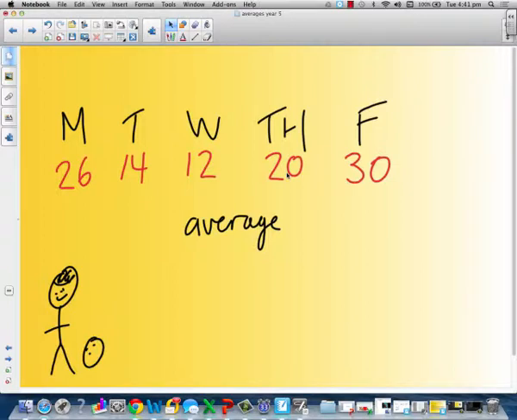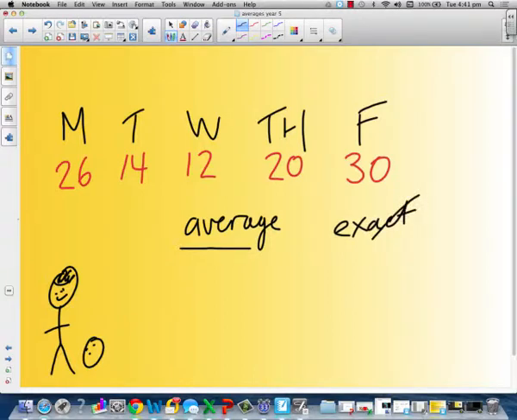And by average, of course, I don't mean the exact score. We're not talking about the exact score he got per night. We've already got that. What we're looking at is the average score. So if you were going to explain to somebody how Bob was doing generally every day, and you wanted just to use one number, if you wanted to say about how much Bob was getting every night, he was about getting 15 every night, or he's about getting 26 every night, that's what the average is. It's the middle of all your scores put together. The average is how you are going straight down the middle. On average, Bob is getting this score every day.